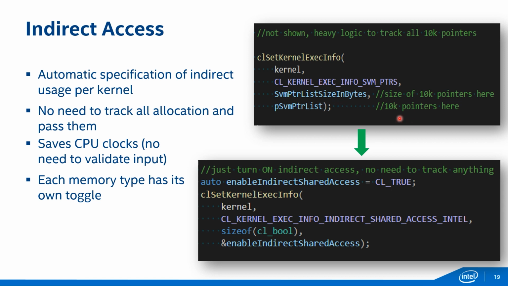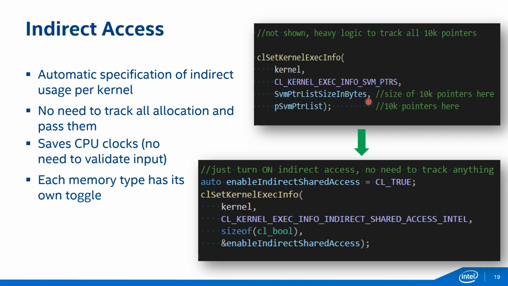What we discovered, and I've seen multiple cases like that from our clients, is that when they start using SVM, they tend to have huge numbers of allocations. The applications that I saw were using 10,000 pointers, and due to indirect access, those applications were passing all those 10,000 pointers to this clSetKernelExecInfo call. And that takes a lot of time in the driver to actually validate, because the driver needs to take this list